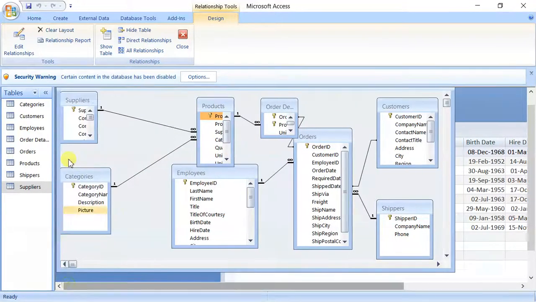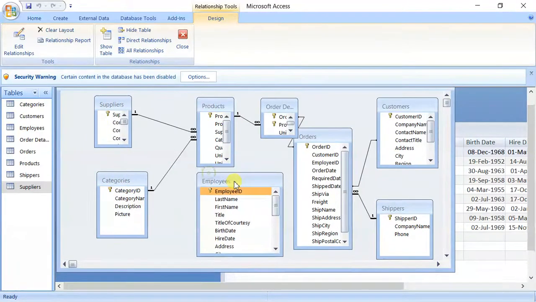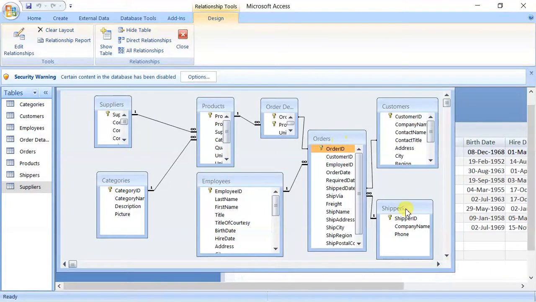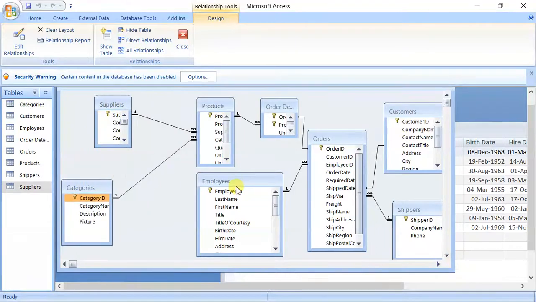So we have to learn how to create relationships among these entities. This is the employee entity, this is the order entity, this is the customer entity, this is the shipper entity, product entity, supplier entity, category entity. These are different entities, and these are the relationships among them.